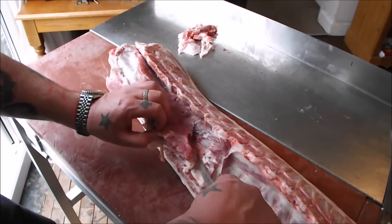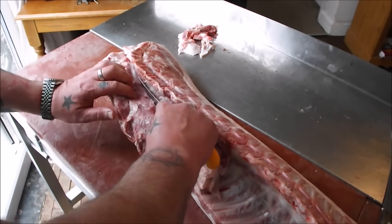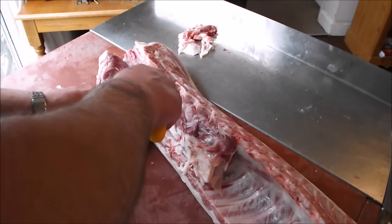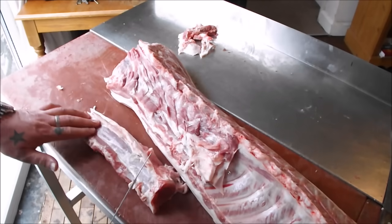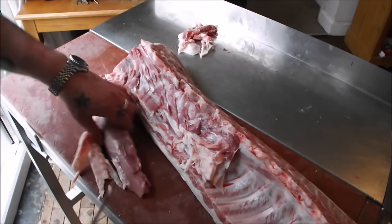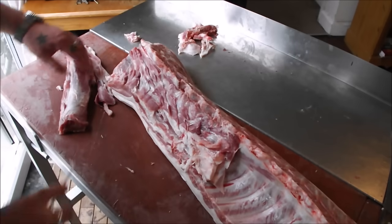I'm just following the bones down, keep my knife up close to those bones. This is so easy to take out. Just take your time. This is the muscle that does the least work, hence you can cook it real quick. Some more lovely fat there. Go in the sausage and get some good sausage off this beauty. There you have